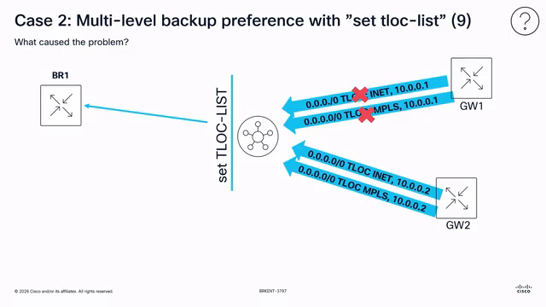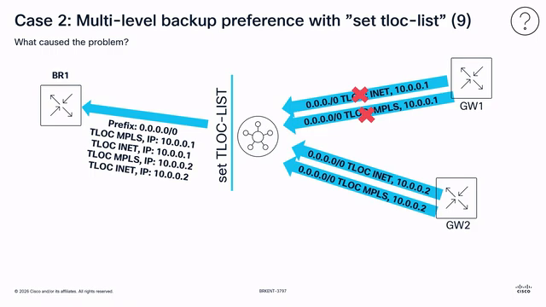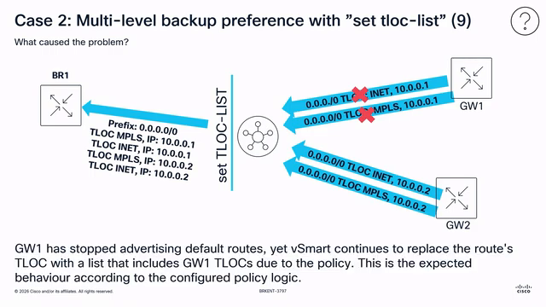So gateway 1 disconnected. Gateway 1 cannot advertise the default route anymore, right? Because there is no service-side connectivity. The only announcement which arrives at vSmart is from gateway 2, but gateway 2 is still doing what it is supposed to do. It is making the set TLOC list. In the TLOC list, we have a long list with all of the TLOCs, right? And again, it's just a logical mistake. If you understand what vSmart is supposed to do, you will instantly realize that no, it's not vSmart's fault,